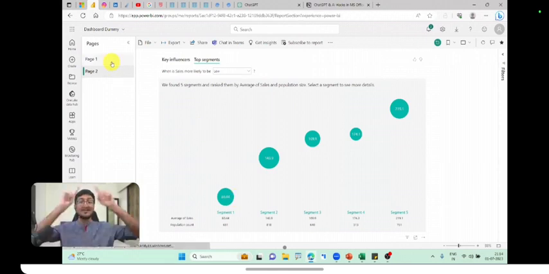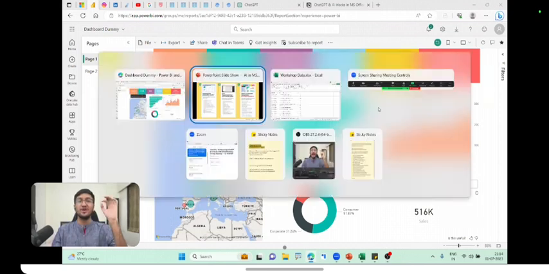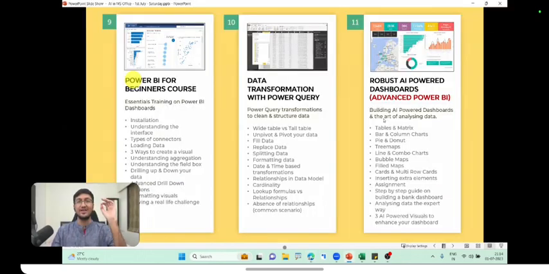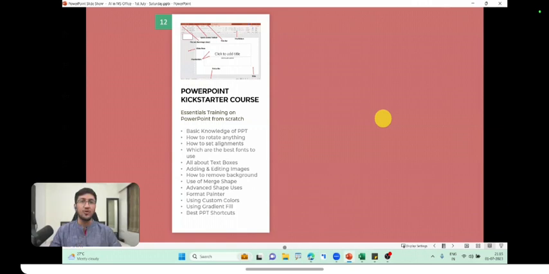You will learn how to make this exact same dashboard for your company. Have a management dashboard, executive dashboard, administration dashboard, learn more than 3 AI visuals within Microsoft Power BI, accounting dashboard, and many more in order to master everything about Power BI and become a certified basic to advanced Microsoft Power BI expert. And once you learn everything about Microsoft Power BI from basic to advanced, you jump onto the 4th software of the entire